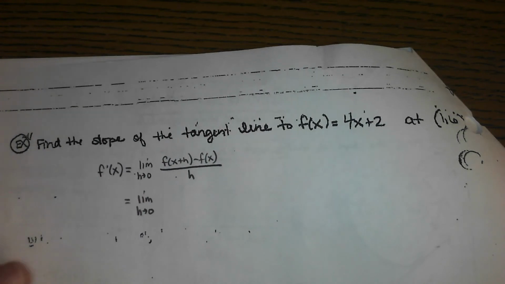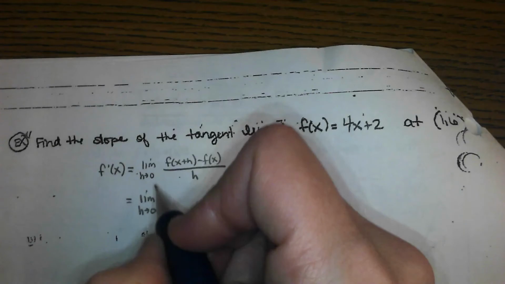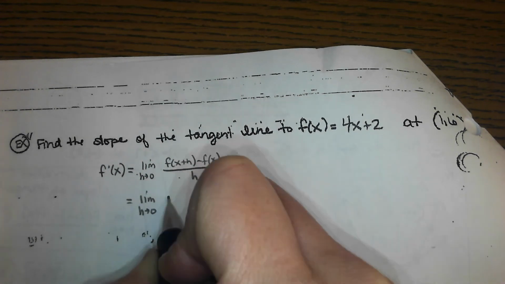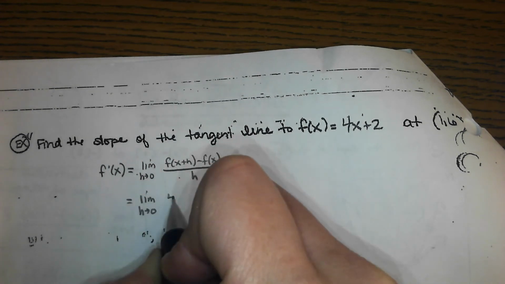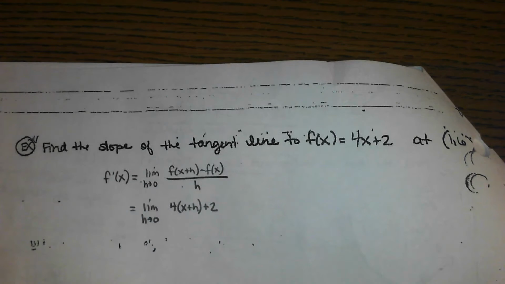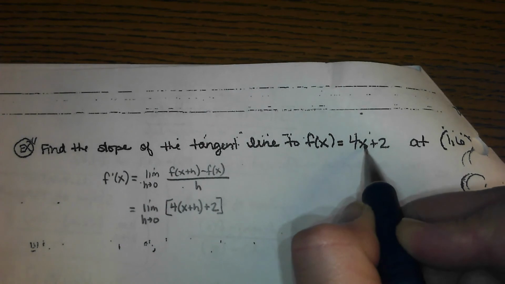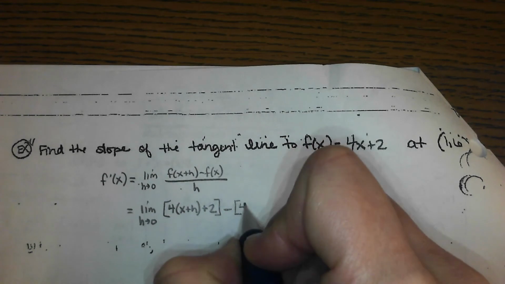Which then becomes, what would Aiden, tell me what you write for f of x plus h. You don't need to simplify it out, just tell me what to initially write. Correct. There's f of x plus h with an x plus h plugged into the function, minus your f of x function, which is just 4x plus 2,